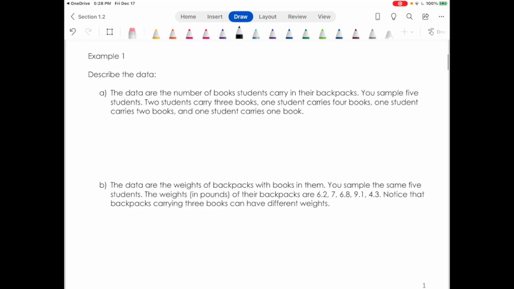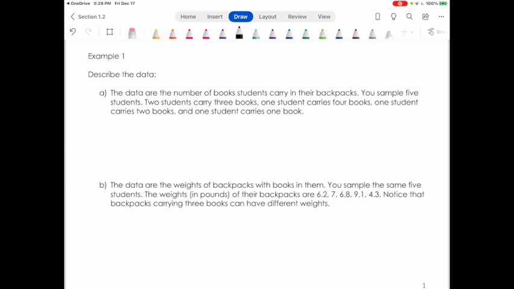Now that we've gotten through the difference between qualitative and quantitative, let's go through some examples here. In each of these examples, we have to describe the data. Okay, let's look at example 1. There are multiple parts to example 1, and for each one, we're going to describe the data using the terms